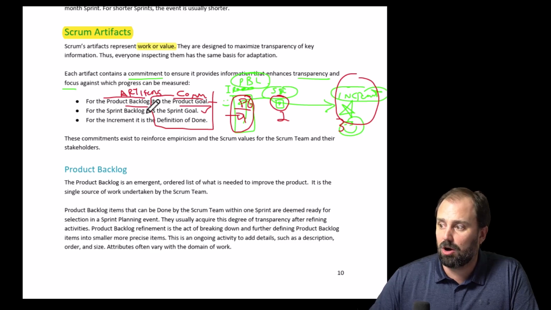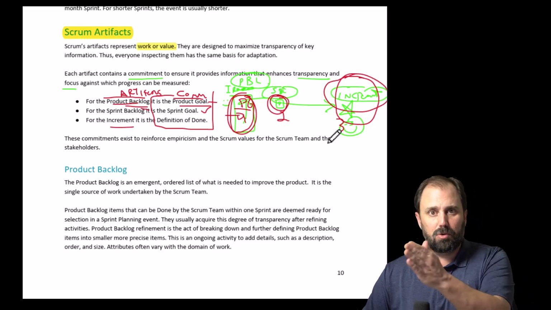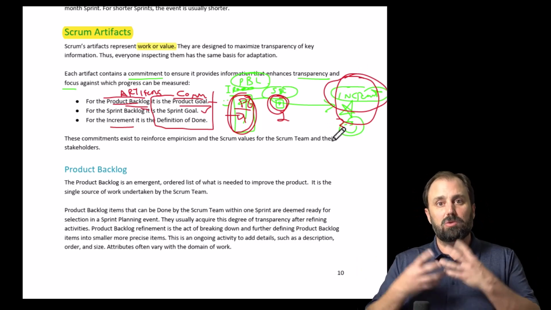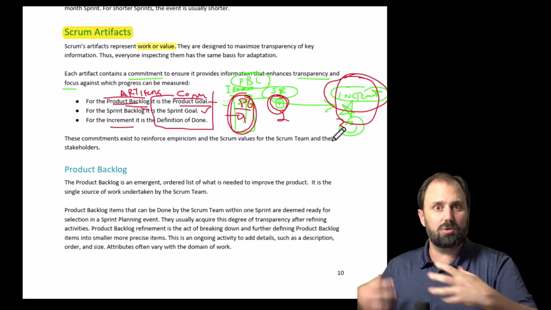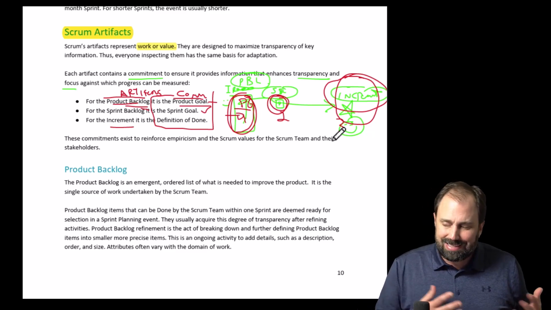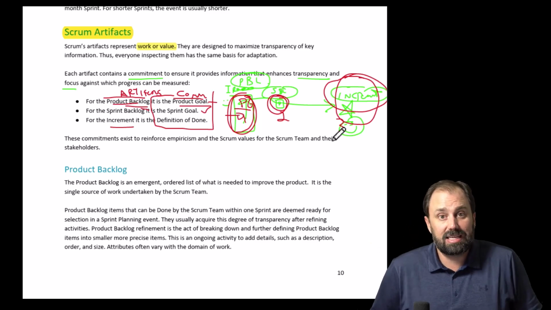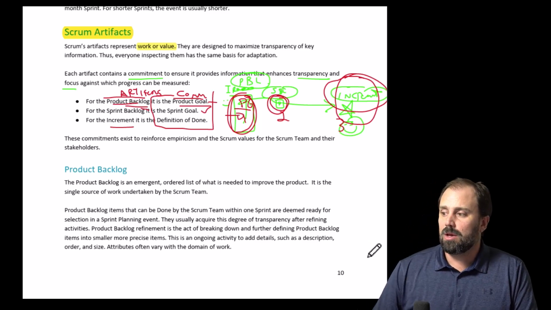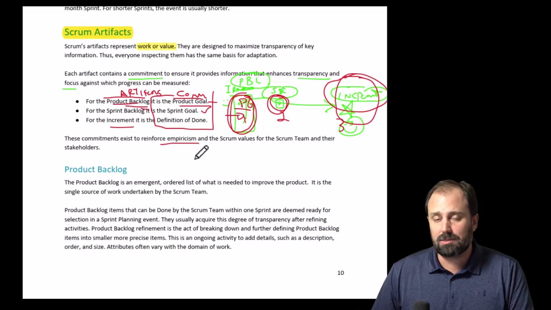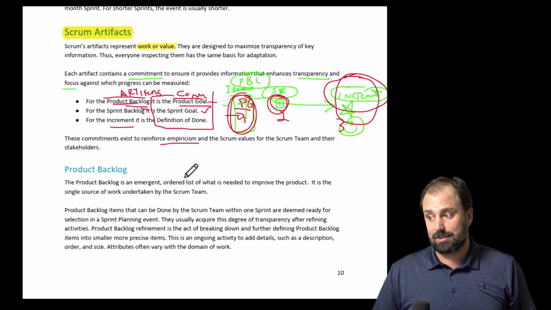So the three artifacts are the product backlog, big list, little baby list, the sprint backlog, and the third artifact is the increment. It's like how genius gets built, from an idea to a physical thing, right? That's what we're trying to do, a digital thing. And the commitments for each of them make sense. Product goal, sprint goal, definition of done. That's how things get born. That's how it works. Now, these commitments force empiricism, meaning we either did it or we didn't do it. We learned or we didn't learn by the facts, right?